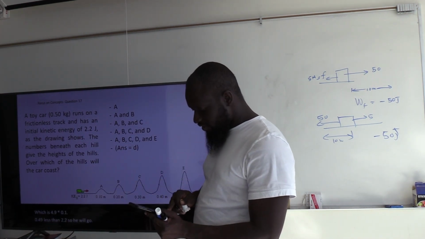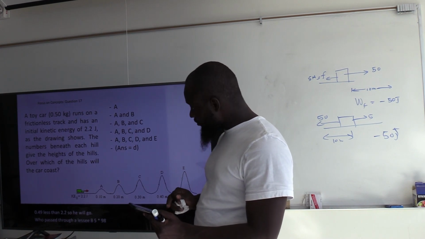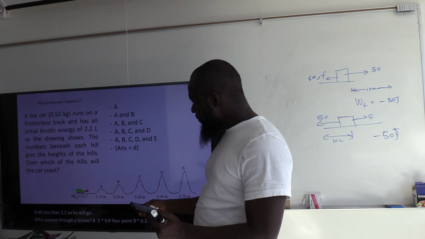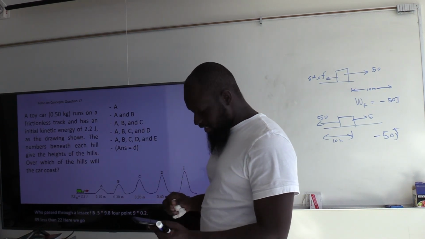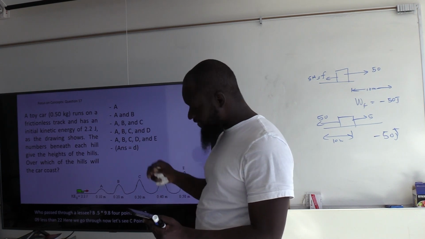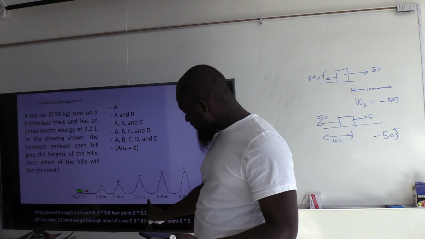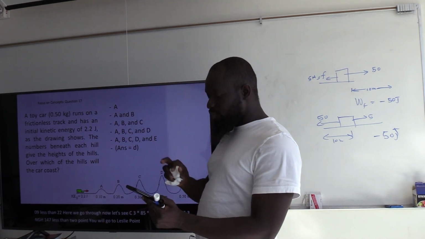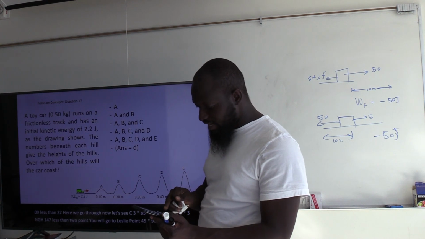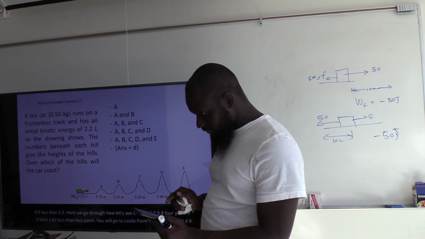Let's see B, 0.5 times 9.8, 4.9 times 0.2, 0.98, which is less than 2.2. He will go through. Now let's see C, 0.5 times 9.8, 4.9 times 0.3, mgh is 1.47, less than 2.2. We'll go through. Let's see D, 0.5 times 9.8, mgh, 4.9 times 0.4,